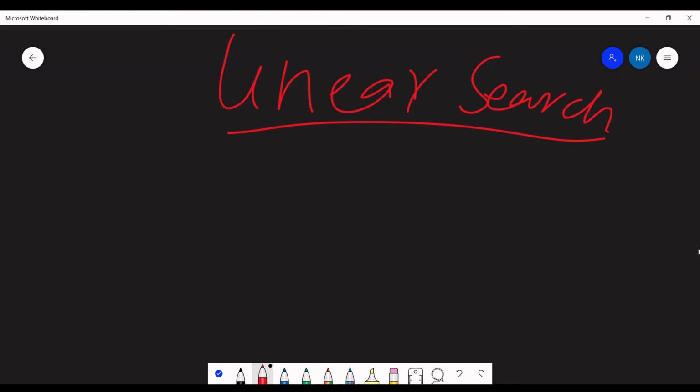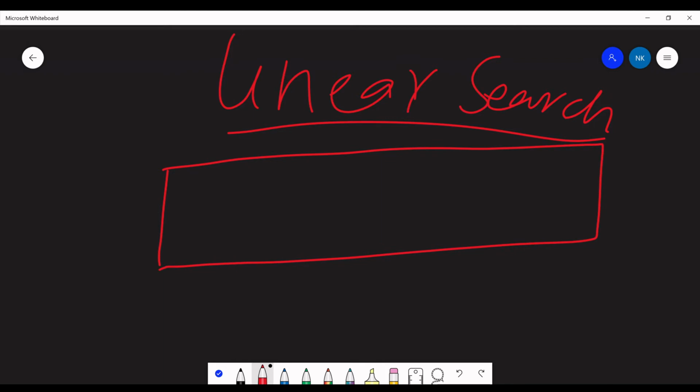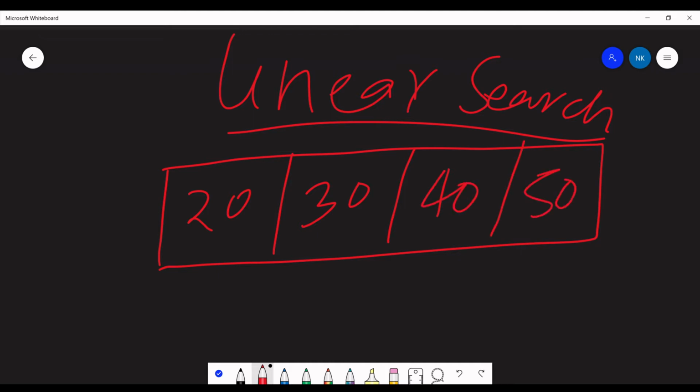Okay, linear search. If we have an array like this, we may have 20, 30, 40 and 50. If you are going to learn linear search, you have to understand the array.